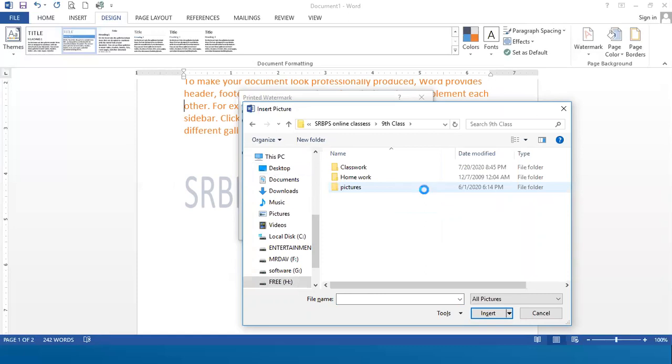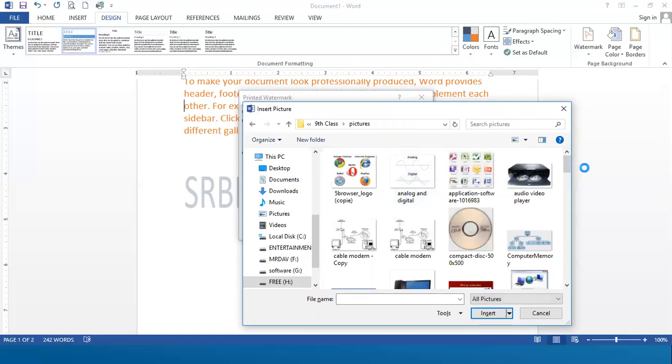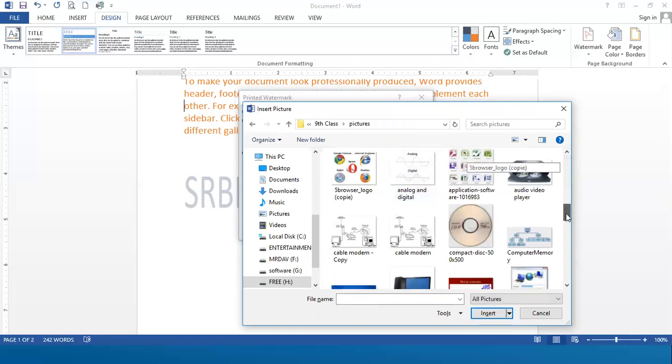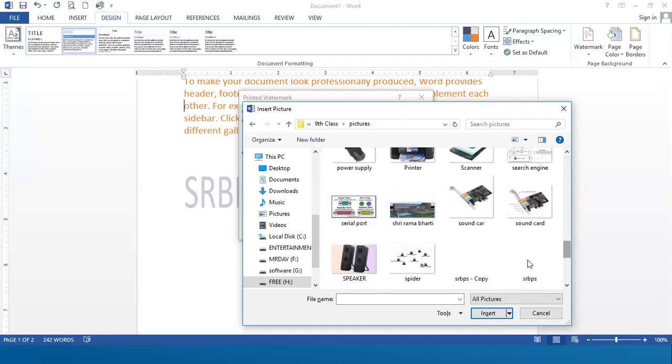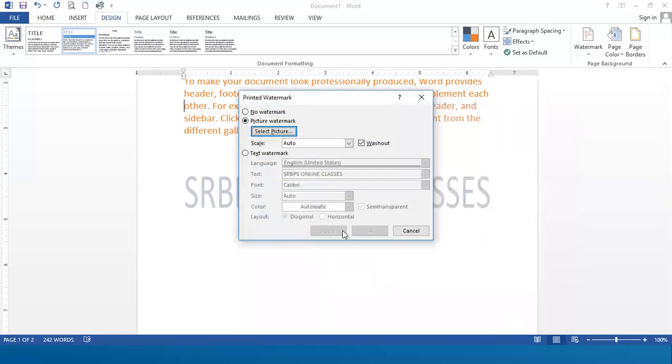So here are my pictures. I want this picture as a background. Let me find that particular picture, which I want as the background. I want this logo as background. Fine.